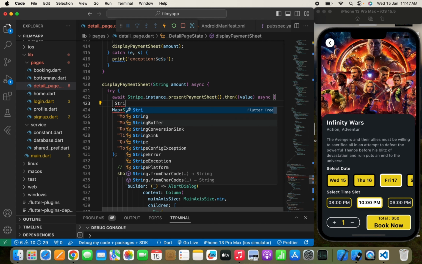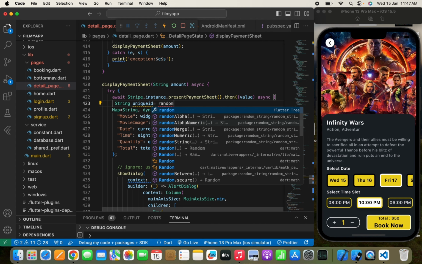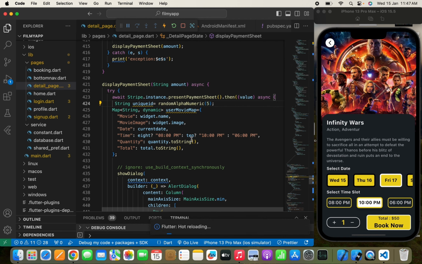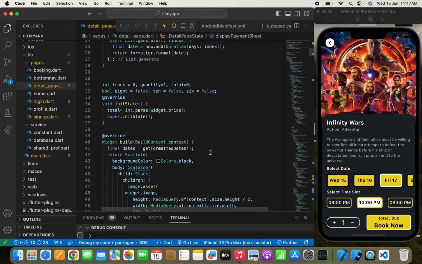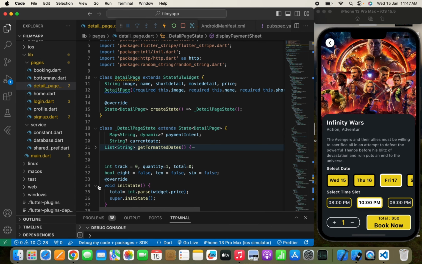For that I'll create a string, and here I will write a unique ID. I'll write a random alphanumeric and pass a character length up to 5. Here I'm going to pass this, and we'll write QR ID, something like this, and we'll pass our unique ID. Now that we have done this and written everything we need to show in our booking page, here comes the use of the main thing that I told you about, which is